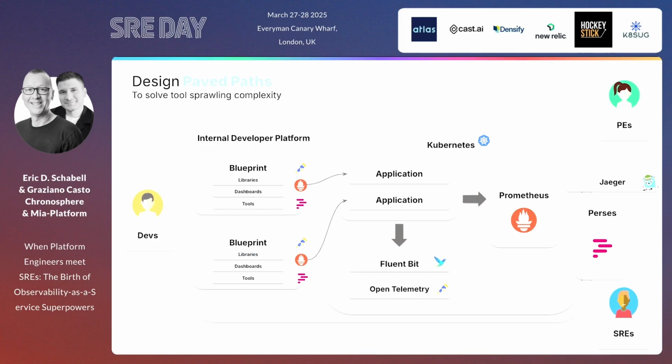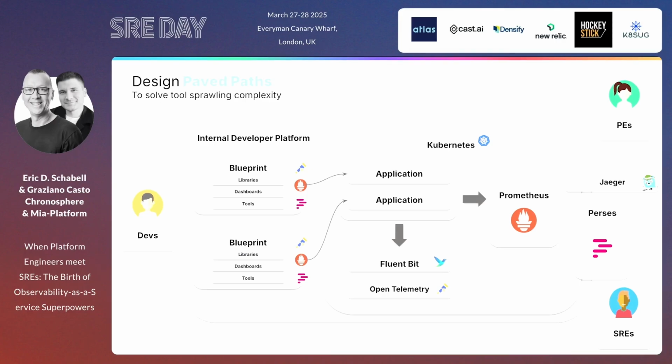Paved path story. Okay. The first part is tooling, and to solve the complexity of the tooling, we can put it all together into the platform. And the platform is supposed to provide two things, basically: standards and abstraction. How can it provide standards and abstraction? By providing developers and engineers a favored path, or golden path in the literature, that allows you to put everything together into the architecture you see there, and that Eric explained.